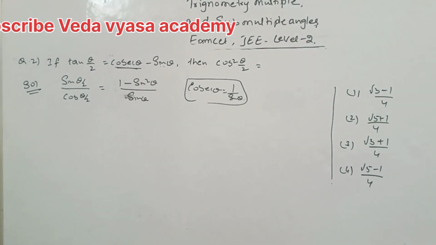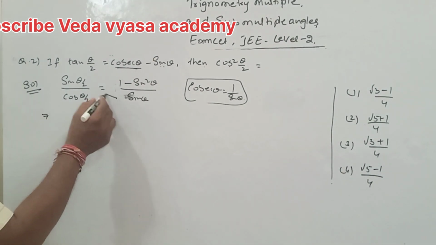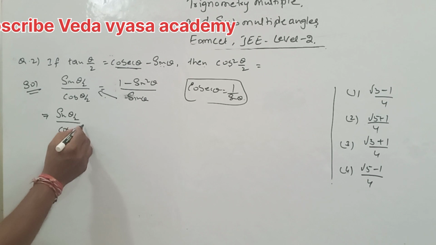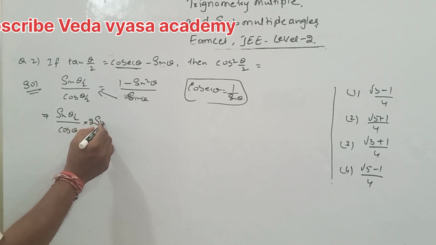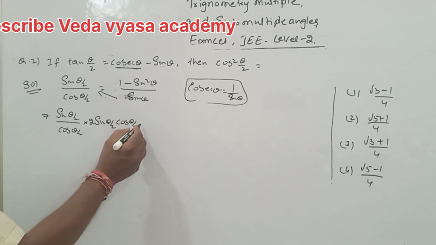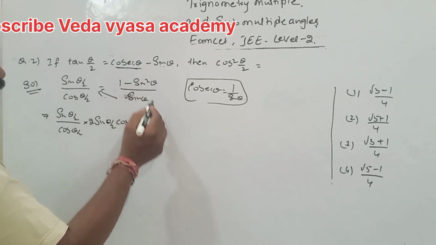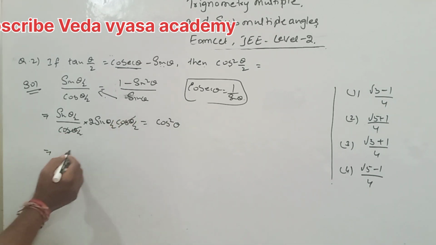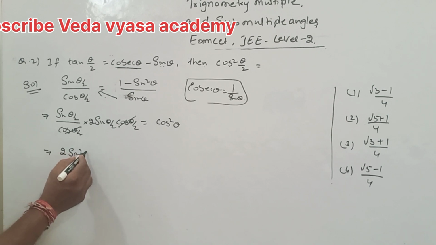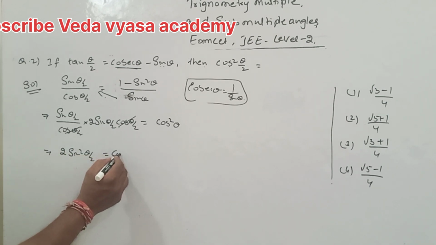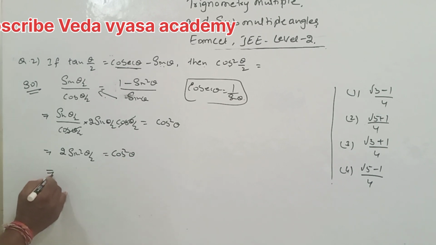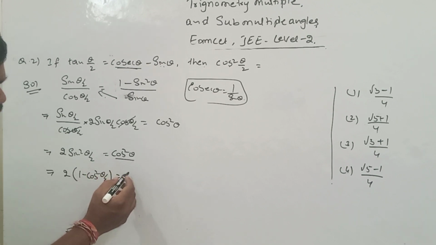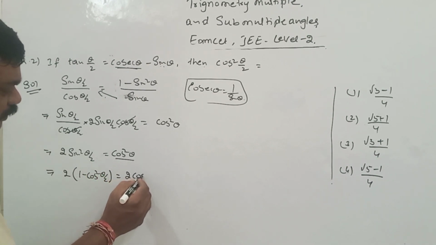By cross multiplication, sin theta by 2 by cos theta by 2 into sin theta, where sin theta is 2 sin theta by 2 cos theta by 2, equals 1 minus sin square theta, which is cos square theta. This implies cos theta by 2 cancels: 2 into sin square theta by 2 is equal to cos square theta. This implies 2 into (1 minus cos square theta by 2) equals 2 cos square theta by 2